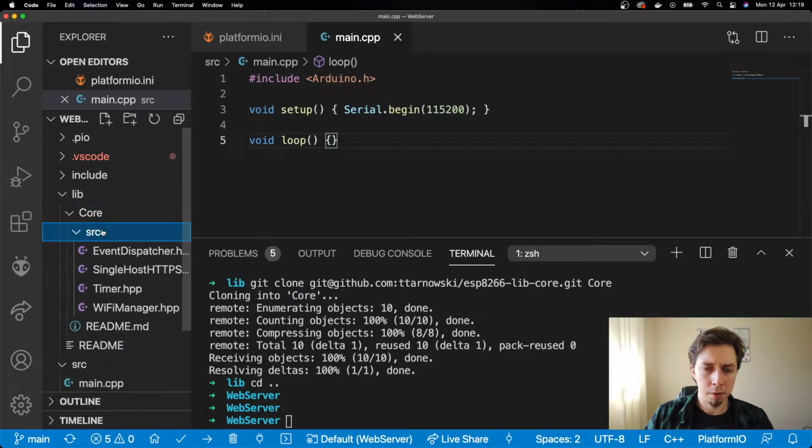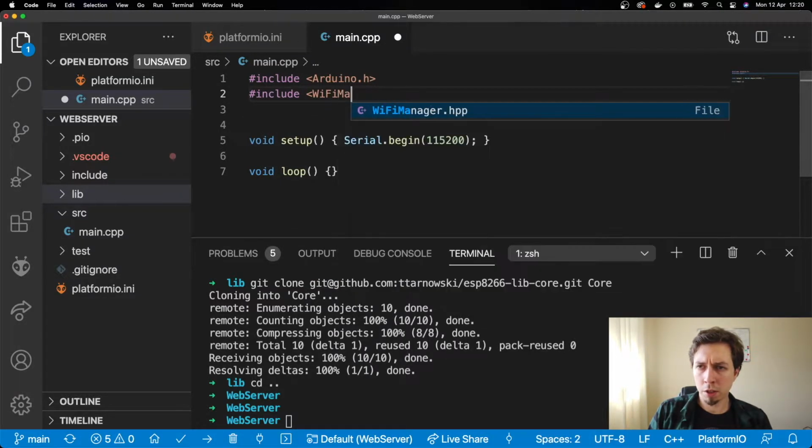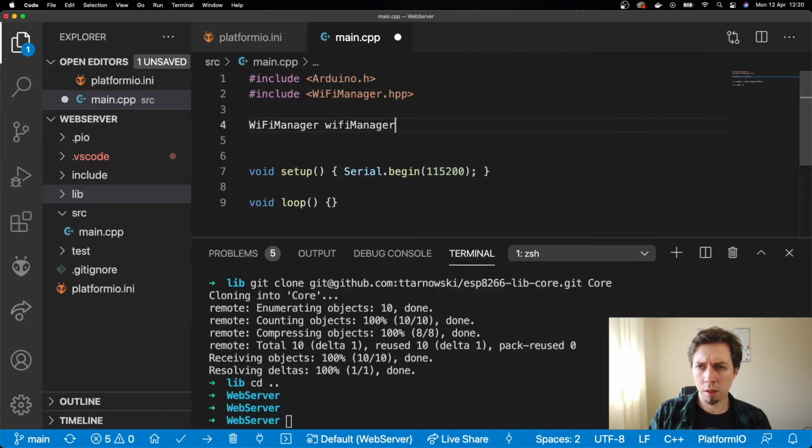My core library, for those who don't know, is just a set of tools to handle non-blocking coding with ESP8266. I also have some utilities like event dispatcher or timer. But what we're interested in is the Wi-Fi manager that's gonna help us connect to my home Wi-Fi. Okay, so let me just quickly create an instance of the Wi-Fi manager, and then what I need to do is to just do something like that,